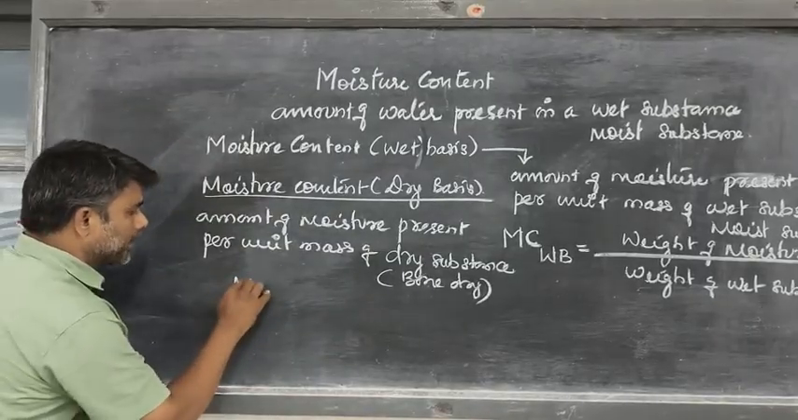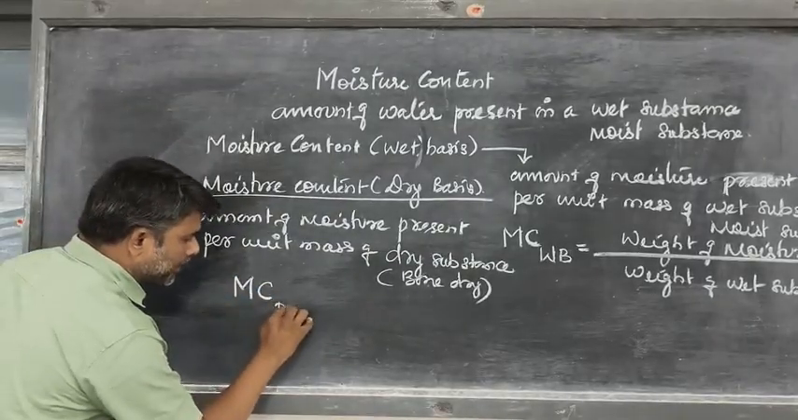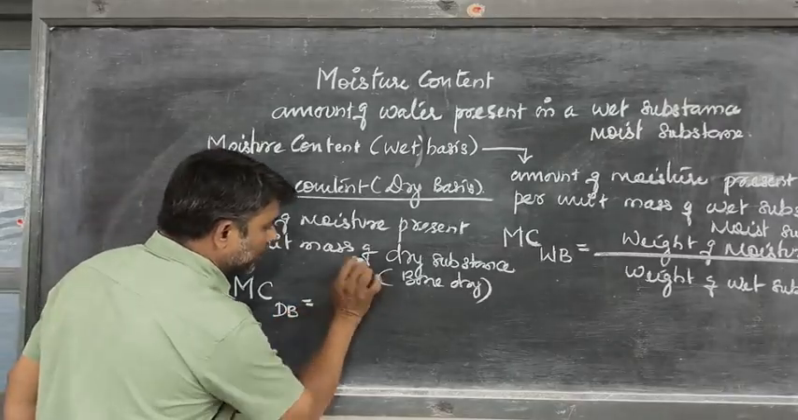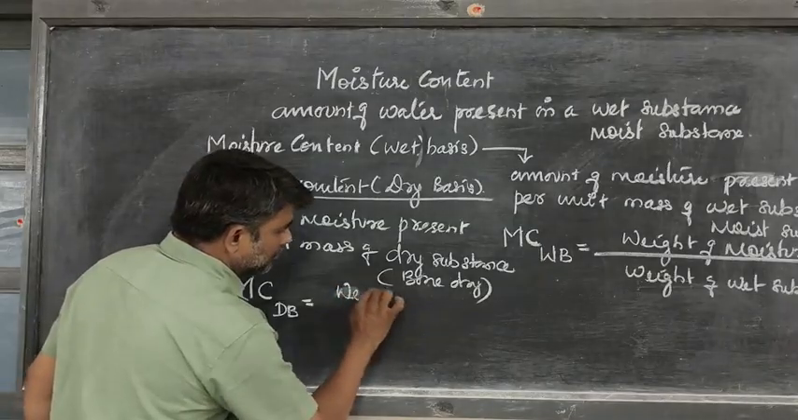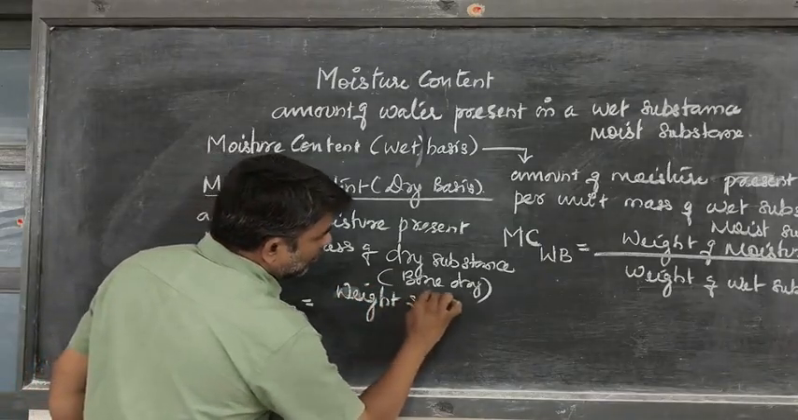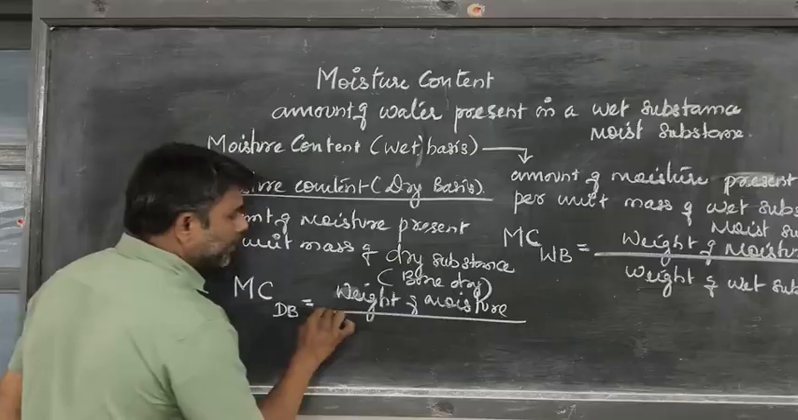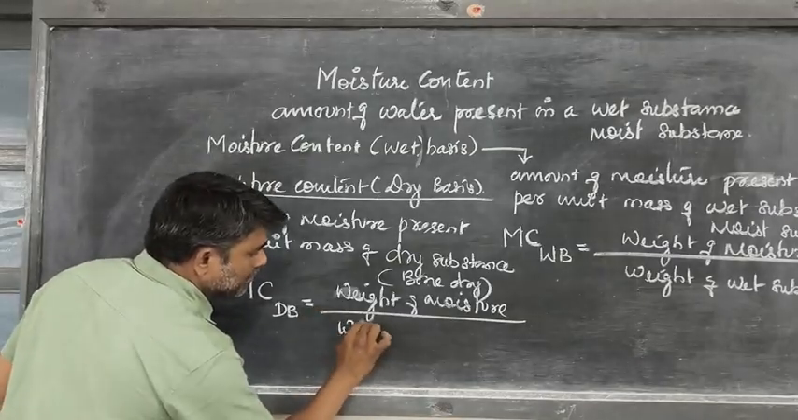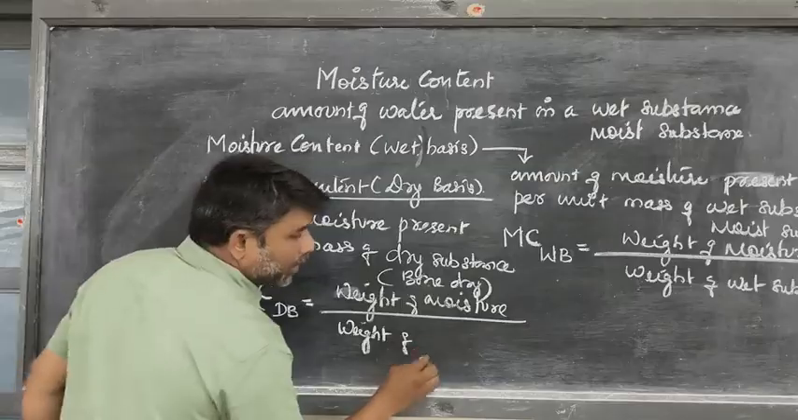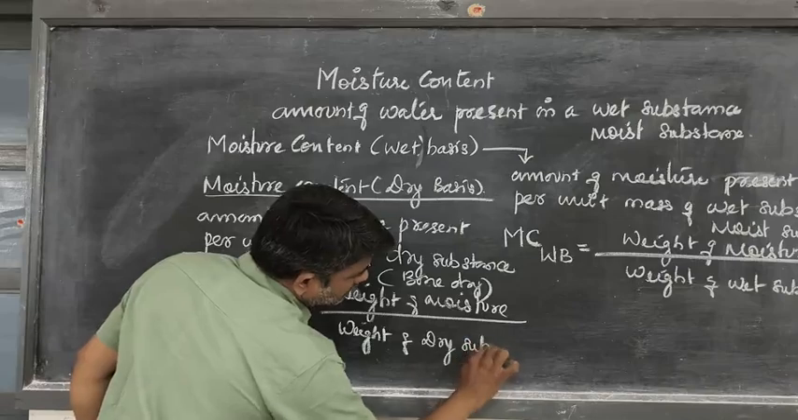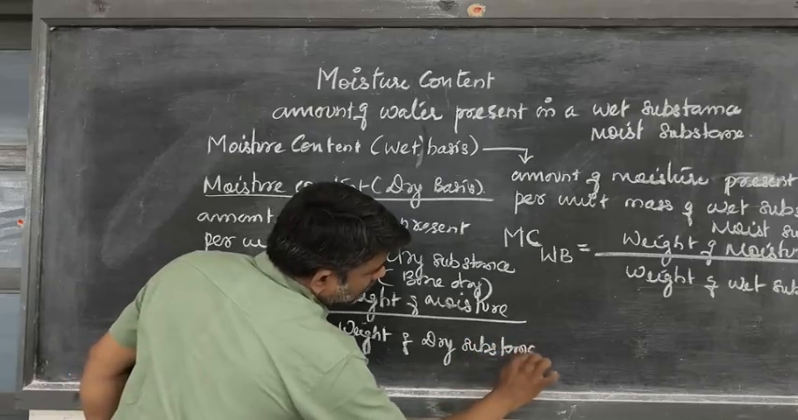So moisture content MC on dry basis, suffix DB, is equal to weight of or amount of moisture divided by amount of dry substance, weight of dry substance. Here,